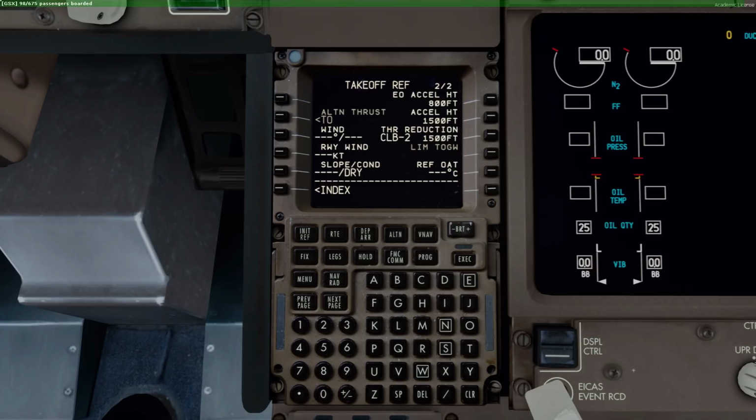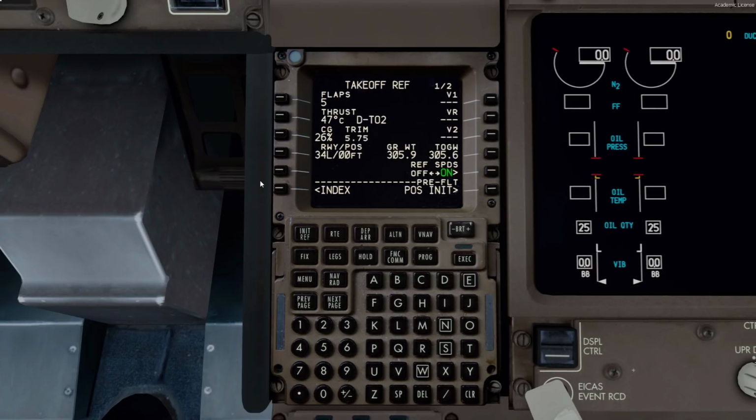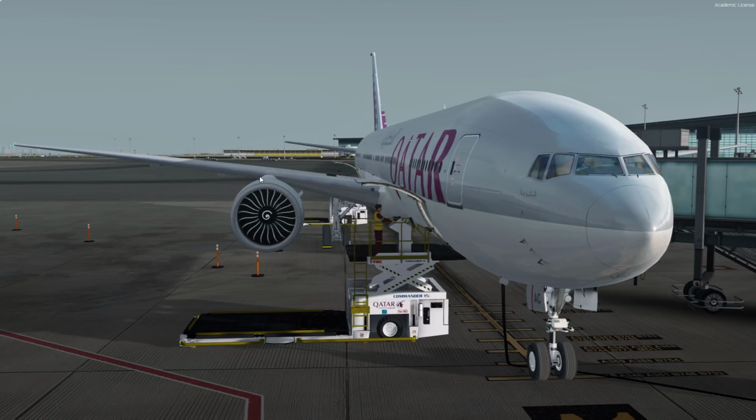And we can do our winds, runway winds, slope. There's pretty much no slope at this airport. So it's 22 degrees currently, and it's 290 at 9 on the wind, like so. So that's all set up, and now we're just pretty much waiting for baggage to arrive and IRS to line up,